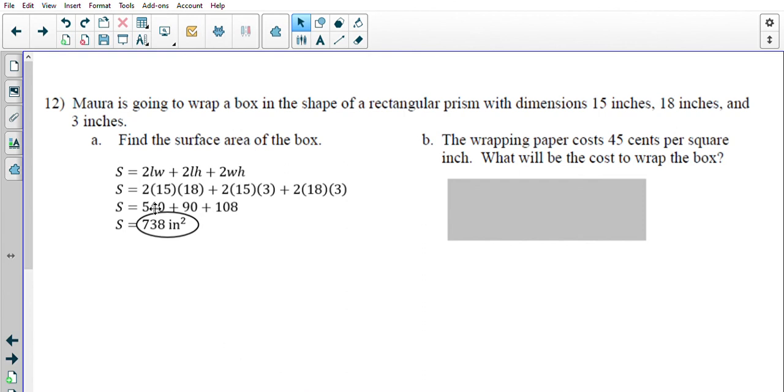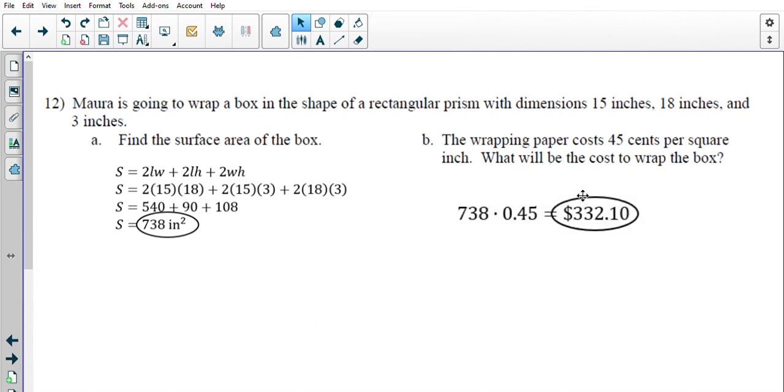Now, part B is the part that is a little new. It says the wrapping paper costs 45 cents per square inch, which is ridiculously high. What will be the cost to wrap the box? Well, if I know the total surface area of the box or rectangular prism, I know the cost per square inch, just multiply them. We saw this back when we did area problems as well. So we'll want to take 738 times 0.45. Make sure you do that instead of 45 since it's 45 cents. You'll get a total cost of